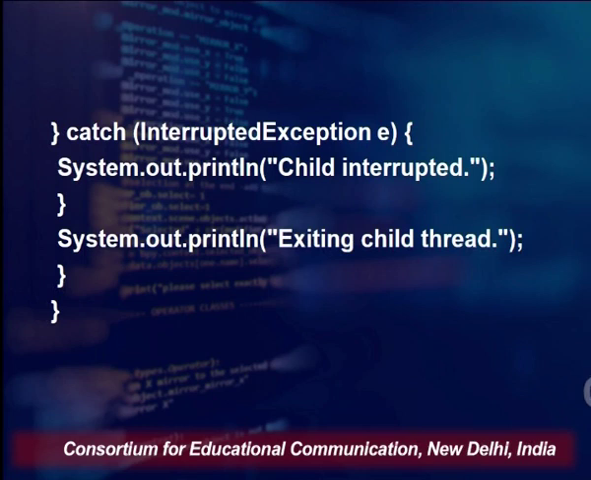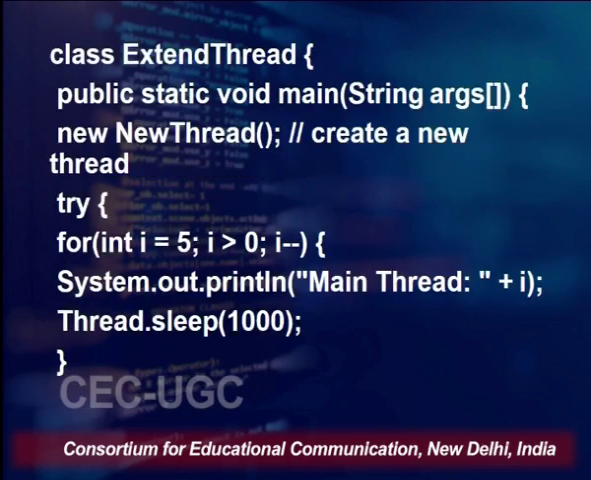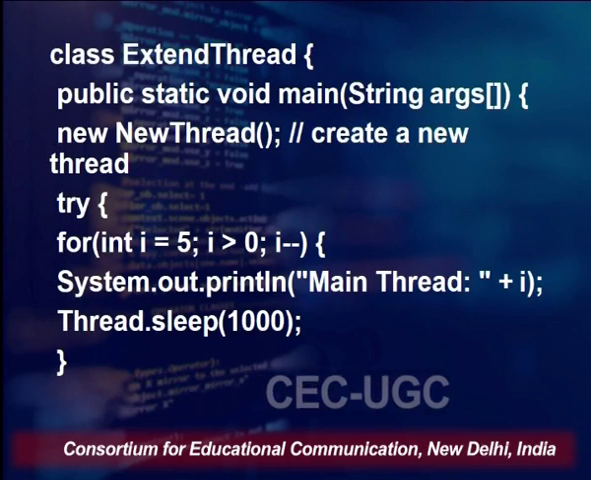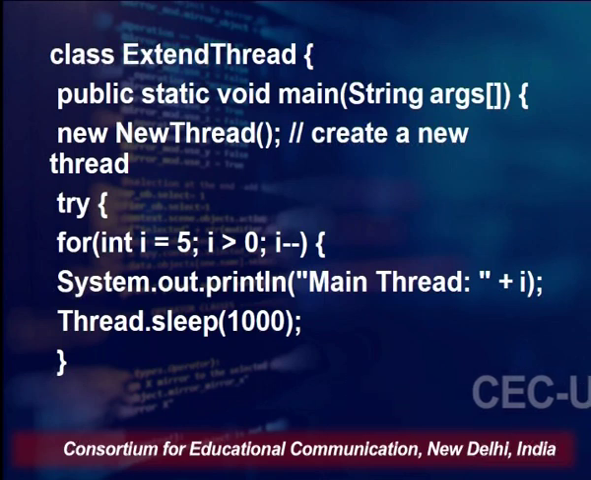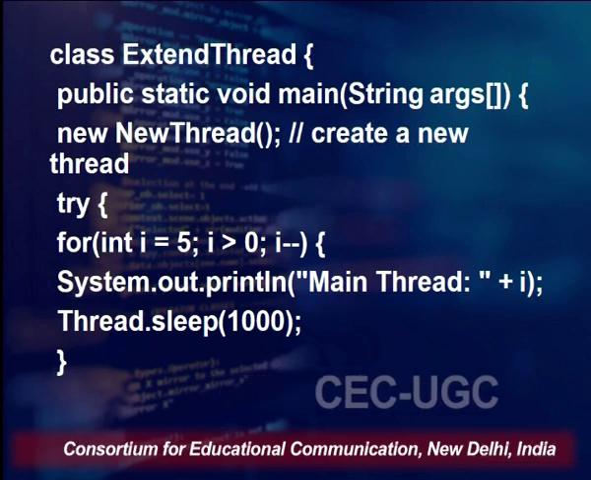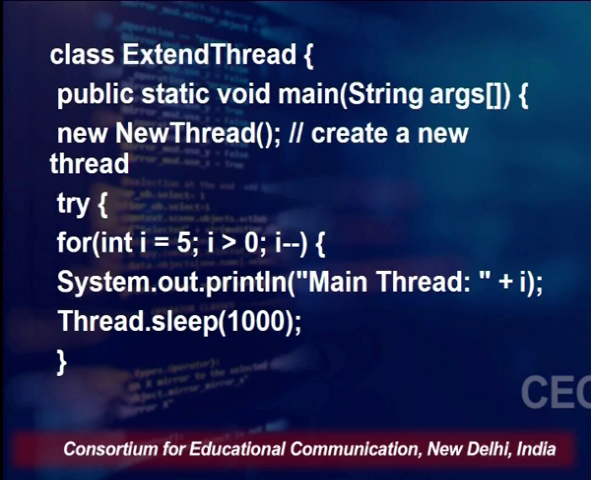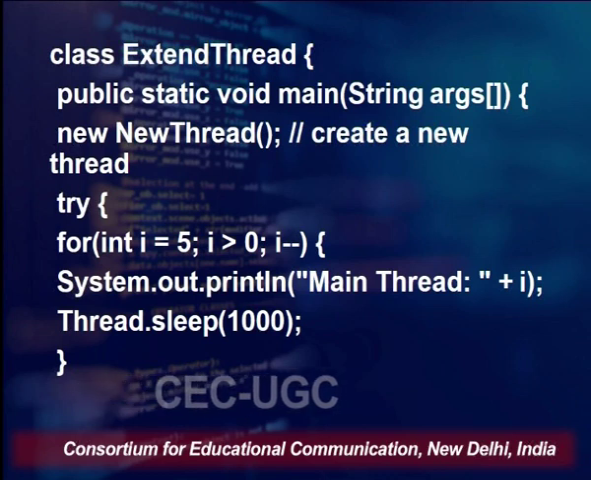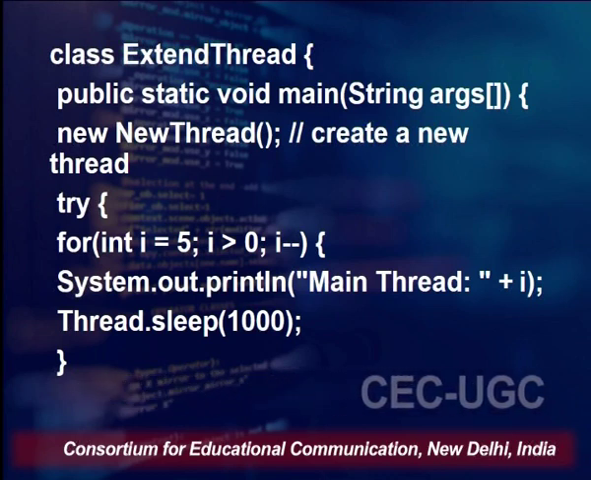This class, which is the new thread, is ending here with two methods. One is the constructor, another one is the run method. So that's the flow of the program. Now we have our class, which we have named ExtendThread, and inside this class we are going to look for our main method. So we have our main method, public static void main(String[] args),